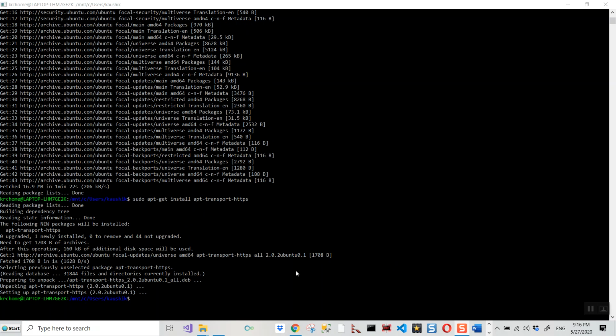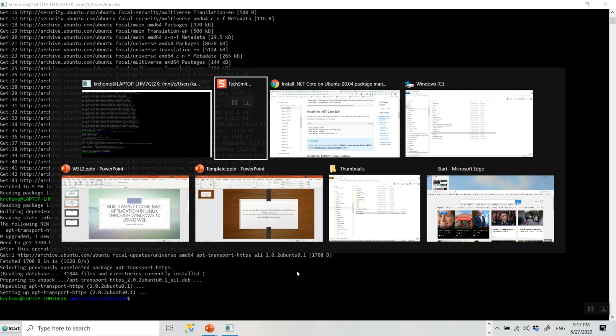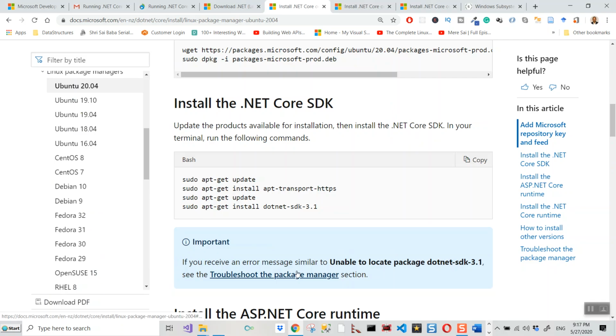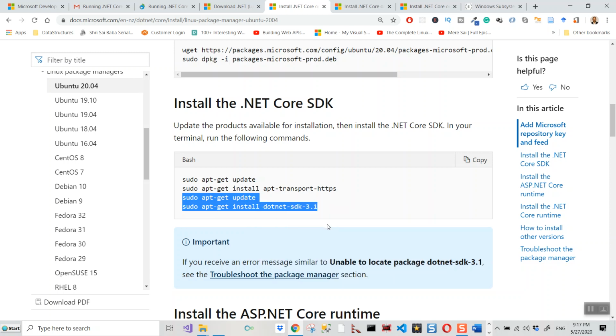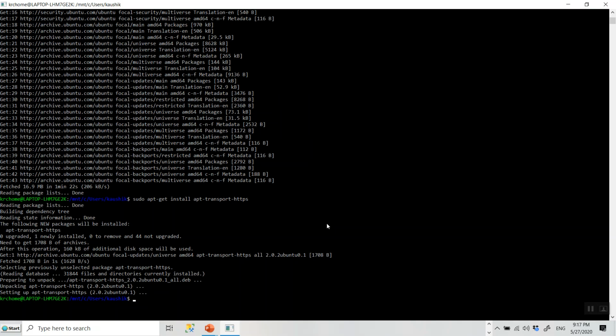Okay, so there are two more commands. We'll get back to them again: sudo apt-get update and sudo apt-get install dotnet-sdk. So we'll give these two commands again. We will copy them. Somehow it was not issued.